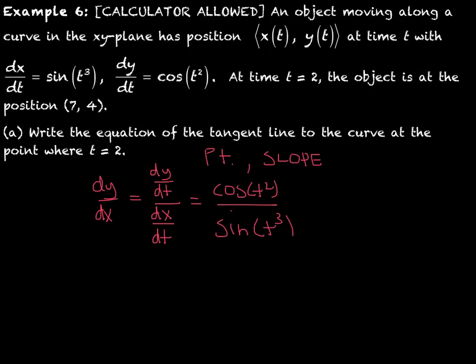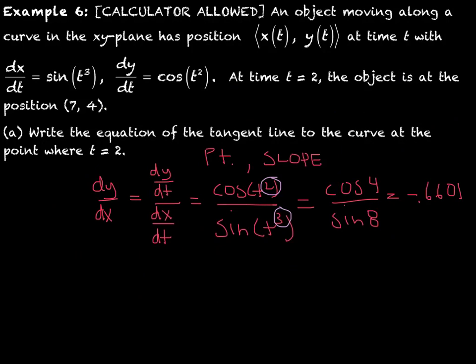Now be careful that you don't try to do anything funny here and make it into cotangent just because you have cosine over sine. The problem is that these two exponents are not the same, so you can't combine them. So you just basically have to plug in t equals 2. So you're going to have cosine of 4 in your calculator over sine of 8. And that's going to give us a slope of